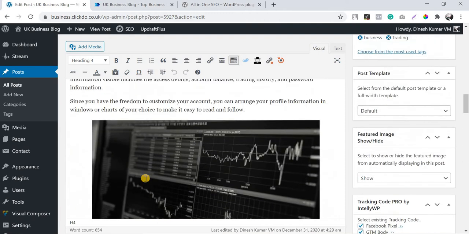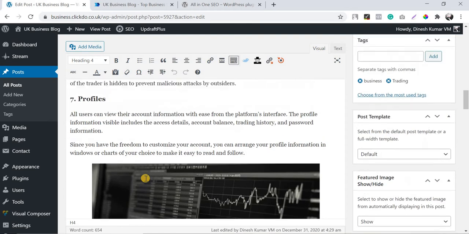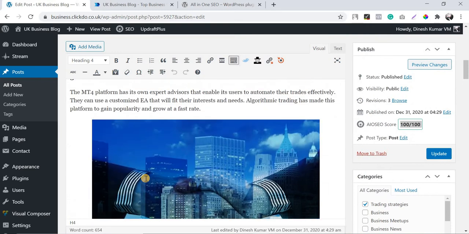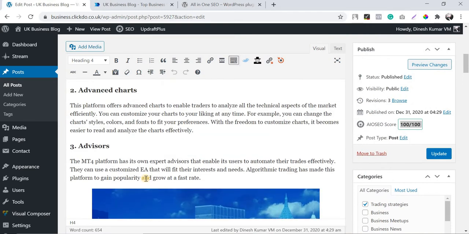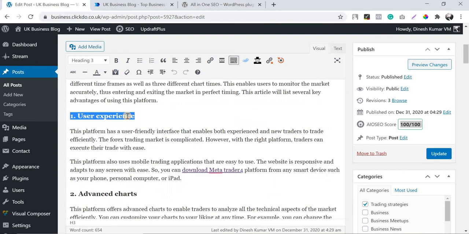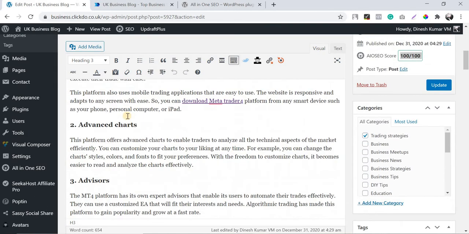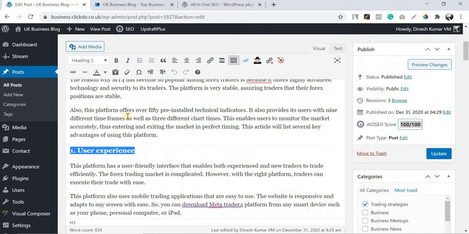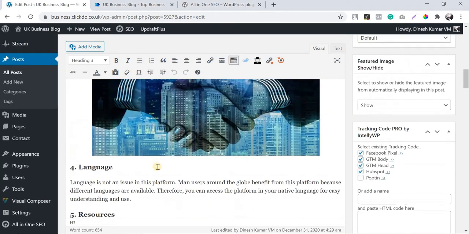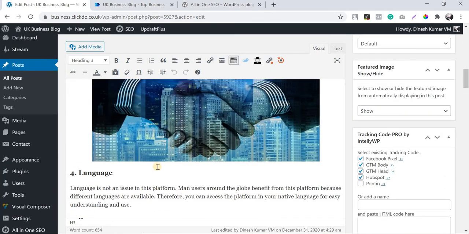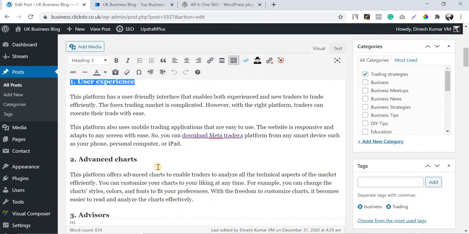So when you publish any post, try to give heading tags, right from H2, H3, H4. Try to use at least 3 to 4 heading tags in the content. That is the best way to make your content a higher priority to Google. So we have given the heading tags and I have optimized them. Next are internal links and external links. If you have content, try to give as many internal links as possible. When it comes to external links, try to give 3 to 4 external links to proper, relevant sources.